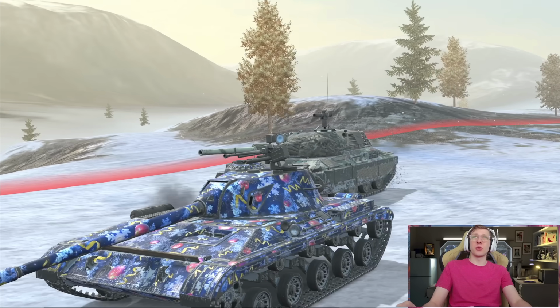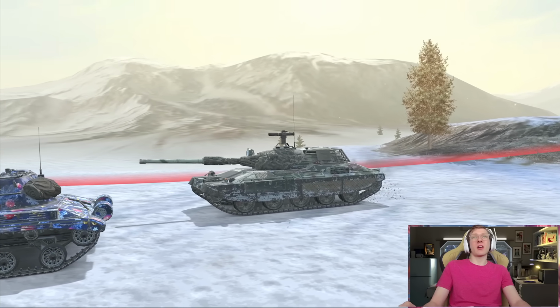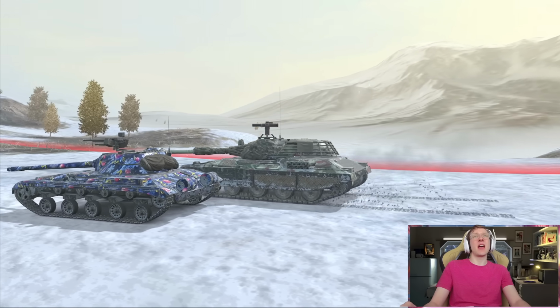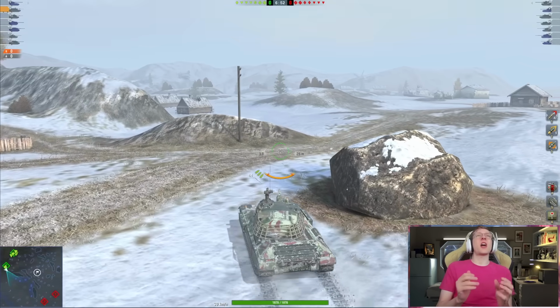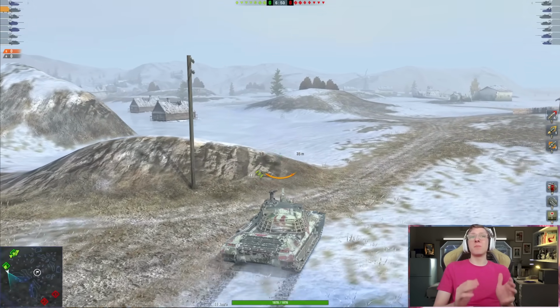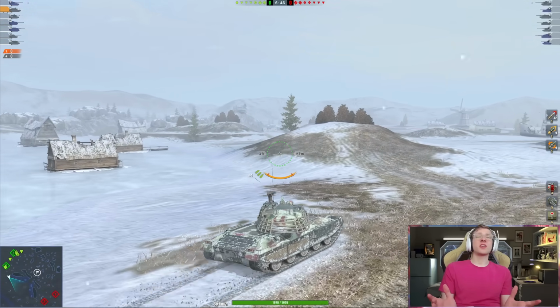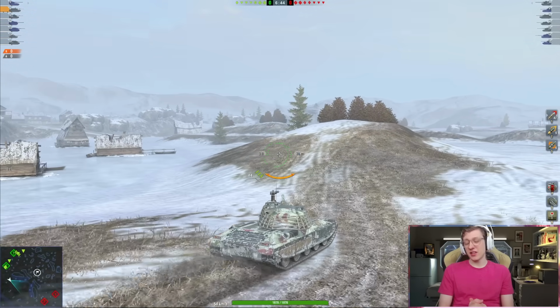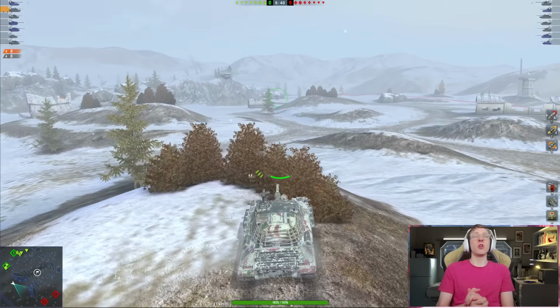I'm your host, Droodles Blitz, and in today's video, we are going to be talking about this Tier 10 Italian medium, the Progetto 65. A vehicle which I consider to be one of the best beginner tanks, and especially mediums, in the game. We've all seen autoloader players, and it's a fairly common occurrence to see an autoloader YOLO, full